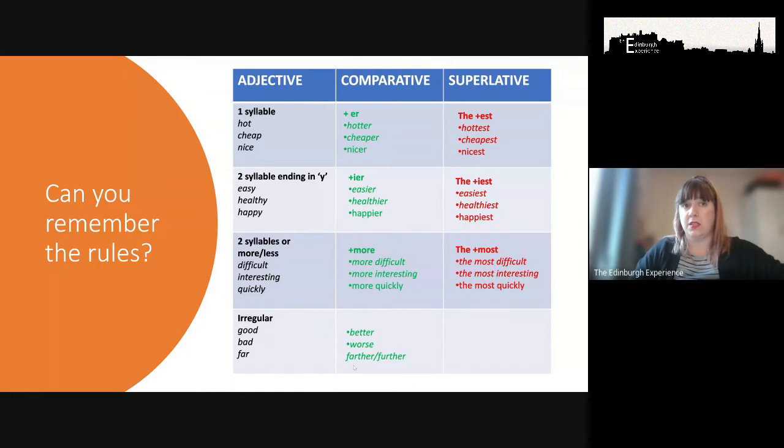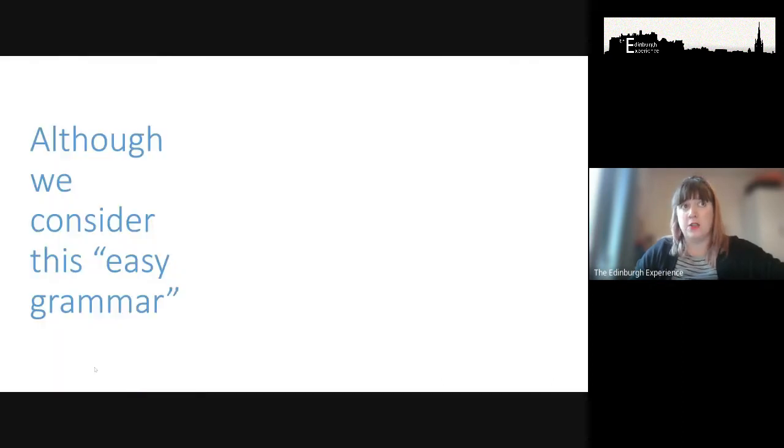Then the irregulars: better, worse, or farther or further. Best, worst, farthest, furthest. Farther and further, farthest, furthest. These are both options, but it's much more common to use further and furthest. So I know this seems easy grammar, but